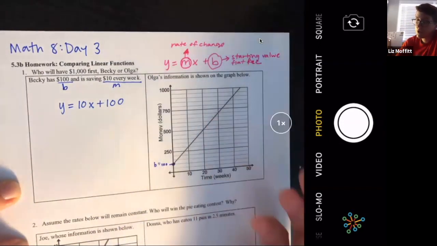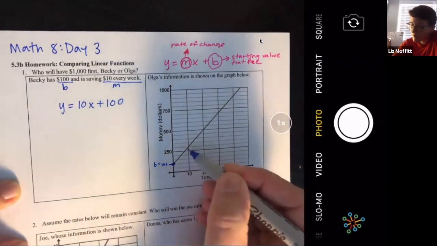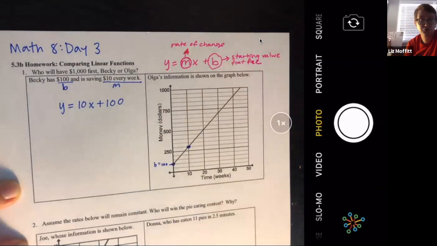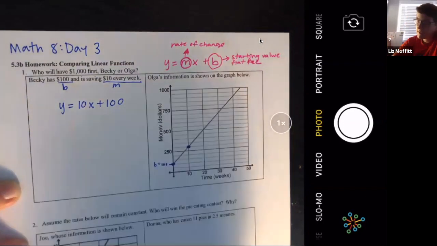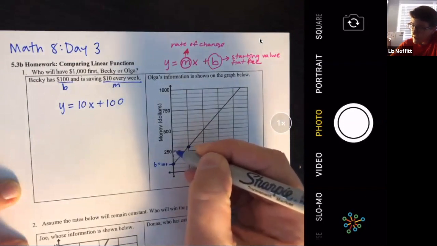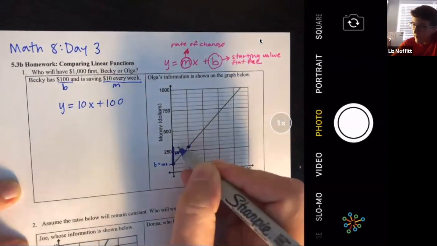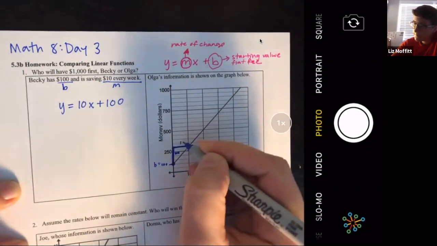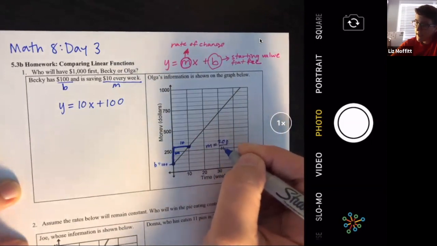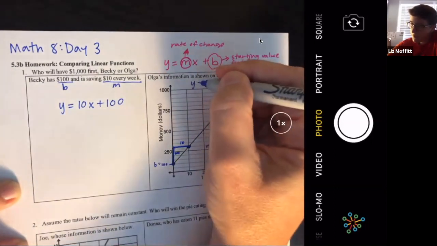The rate of change or the slope on the graph, we can figure out by counting rise over run. So what I do is I have this point, I'm going to find a second point, and I'm going to count how much I have to rise and how much I have to run, or move left to right, to get from that first point to the second one. So it looks like I have to rise 50, 100, 150, 200. So rise 200, and we run 10. So our rise over run, 200 over 10, if we simplify, we get 20. Now, let's put those values